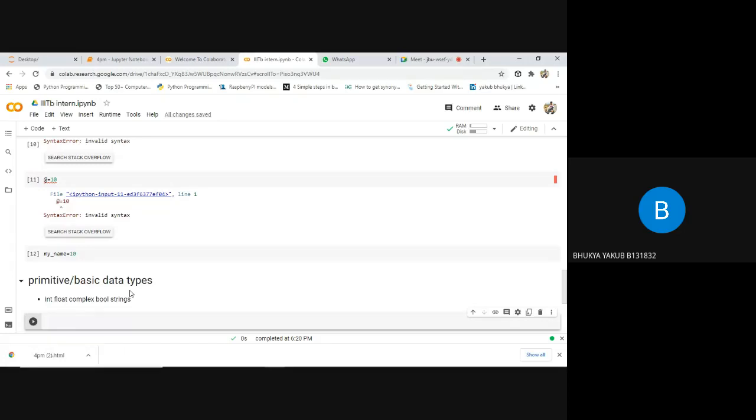Let's suppose you are opening the YouTube application on your mobile. What happens whenever you open it? Only when you open that application will it take memory from your RAM. And whenever you clear that application, whatever memory was consumed by that app will be released back. That is dynamic memory allocation. Means only when you open an application are you assigning memory to it, and when you delete it, you release that memory back.